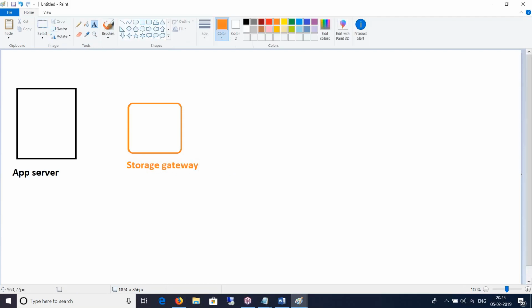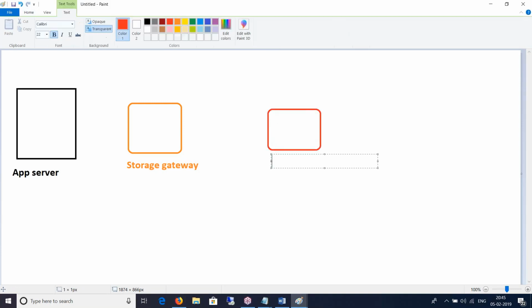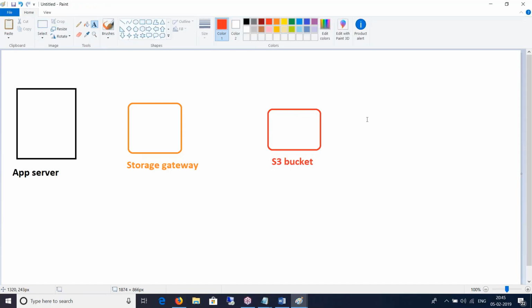And we'll see how we can connect it to an S3 bucket, right? It's important to have the network communications established. So we may have to point it out like that and put some arrows as well.